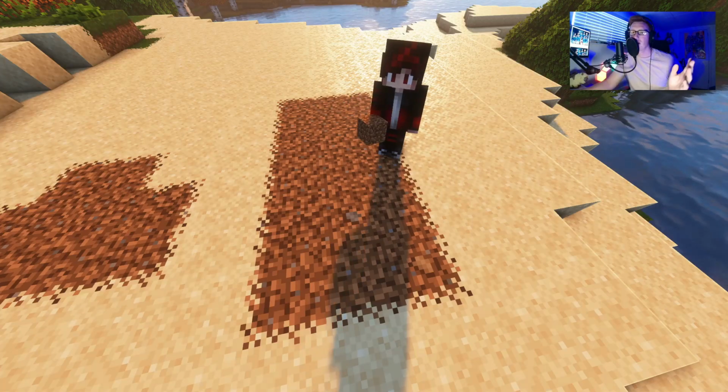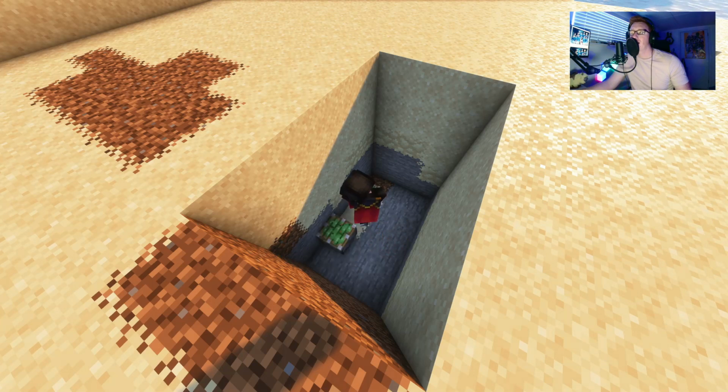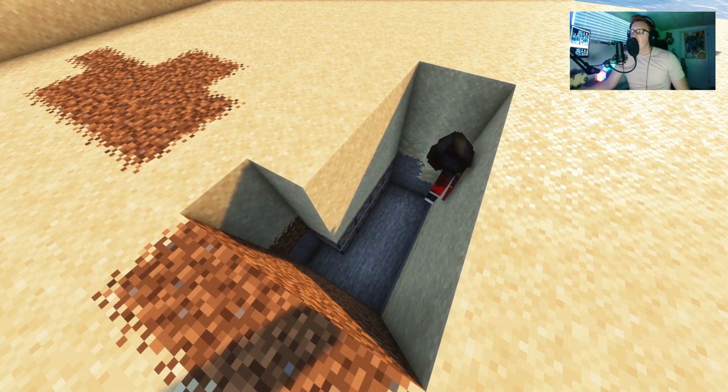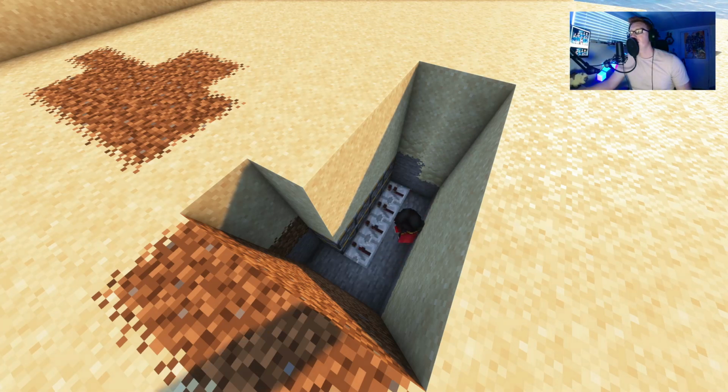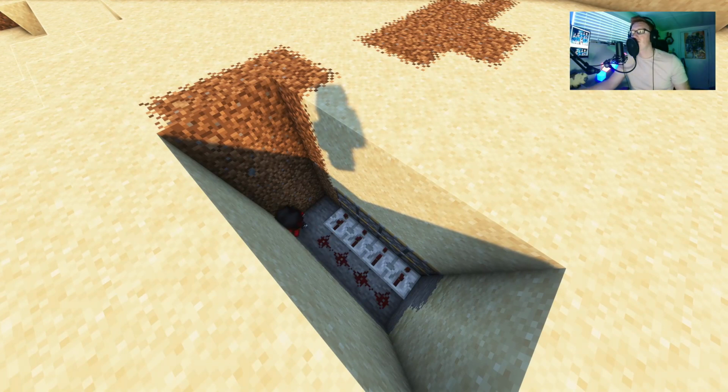I'll start out by excavating a 5x3 area that goes down 5 blocks. I'll place 4 sticky pistons side by side and then 4 normal pistons on top of that. And then I'll go ahead and follow up with some sand and then add some repeaters to the bottom. Now make sure you add 1 tick to each of them, and then you can add some redstone to the